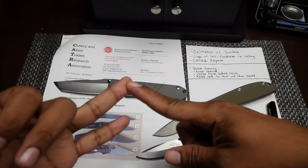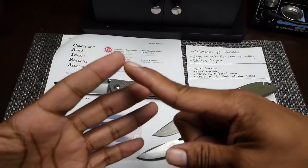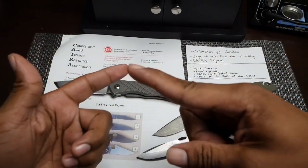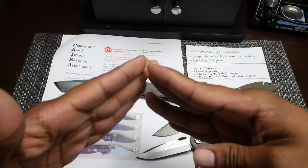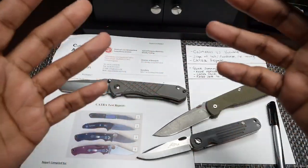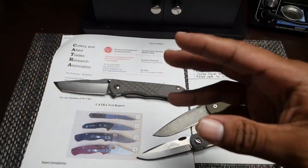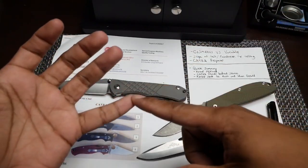I emailed CATRA. CATRA says that they stand behind their work. I sent the knives off to Kurt, who is going to Rockwell test them and measure the angles of the bevels, the secondary edge, secondary grind that was put onto the knives. He's going to send those over to Gerald, who is then going to cut test those knives on rope and